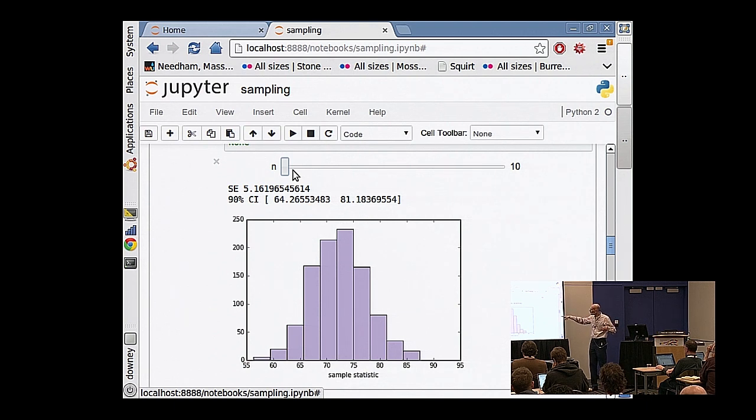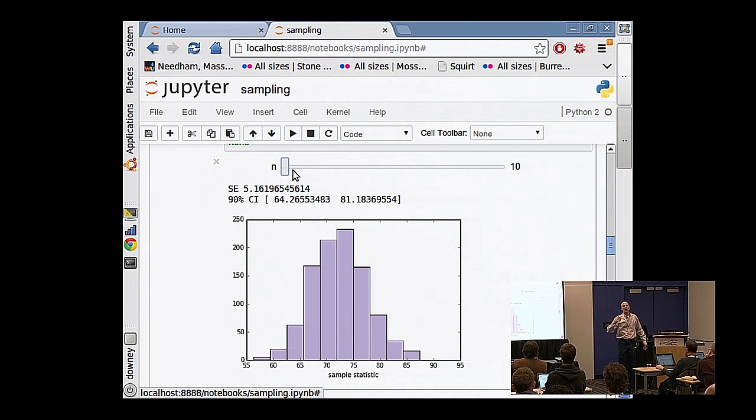Now, there are two ways to summarize this sampling distribution. If you want, you could just visualize it. If you take a look at that, you'll say, oh, okay, yeah, normally I'm going to get something like 72, but it might be as low as 60, might be as high as 85, probably won't be too much farther out than that. But if you want, you can compute the standard deviation of this thing. The standard deviation of this thing is called the standard error. It's a measure of the width of this distribution.